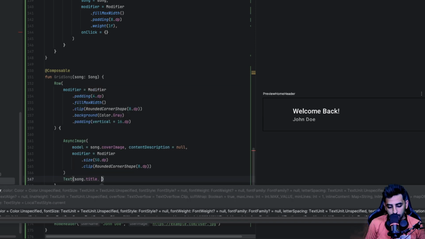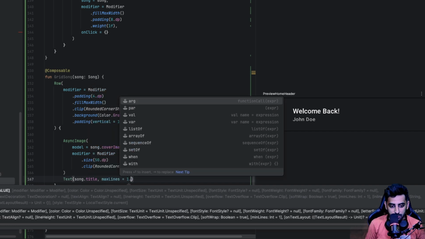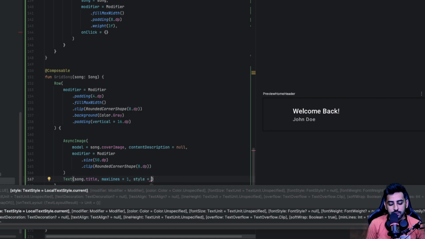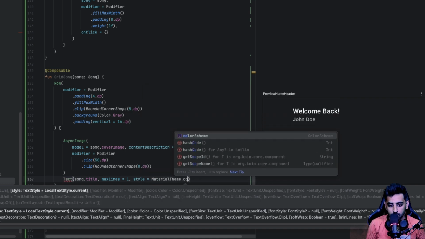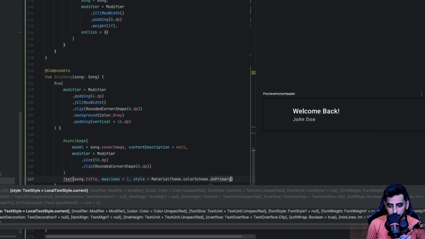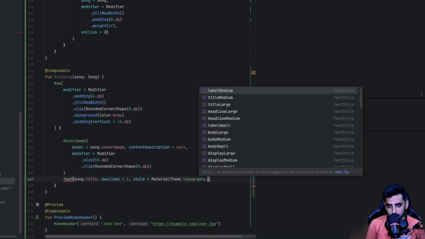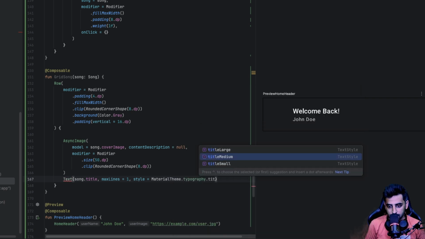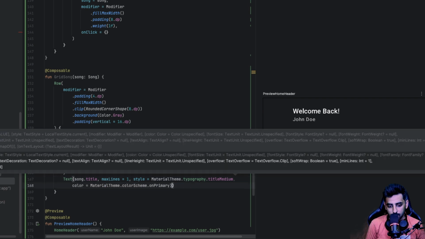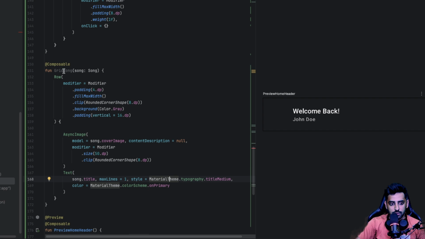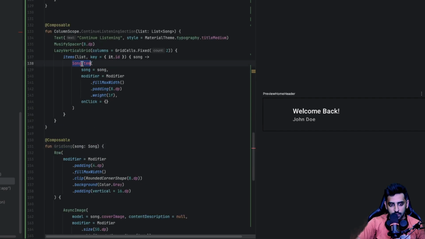Okay, and we'll also use max lines for that, because we don't want it to go outside that, and then we'll be adding some style for this. So I'm going to say MaterialTheme.colorScheme.onPrimary for that. That's not colorScheme, it should be typography as titleMedium for that, and then you can also define some sort of colors. So I think that's pretty much what we have for the grid song. So we'll use that and use this